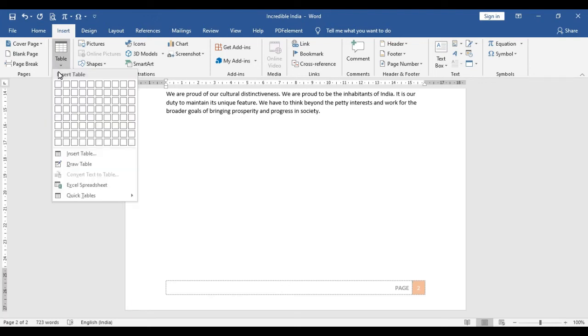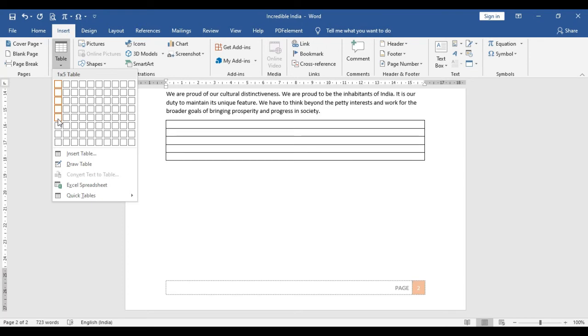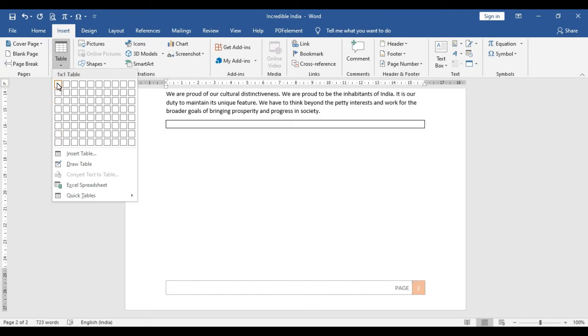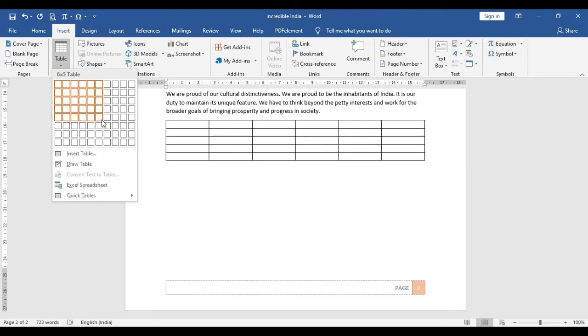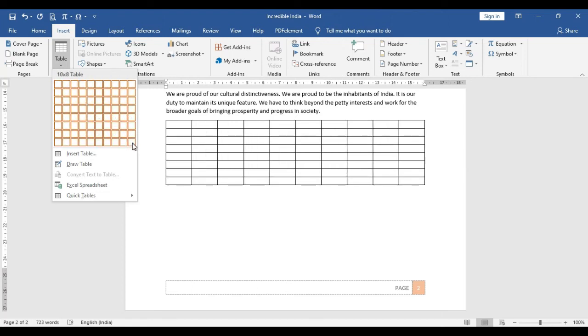From here select the number of rows and columns you want to insert. This side you can select the number of rows, and this side you can select the number of columns. By using this menu, you can create a maximum 10 into 8 table where 10 columns will be there and 8 rows will be there.